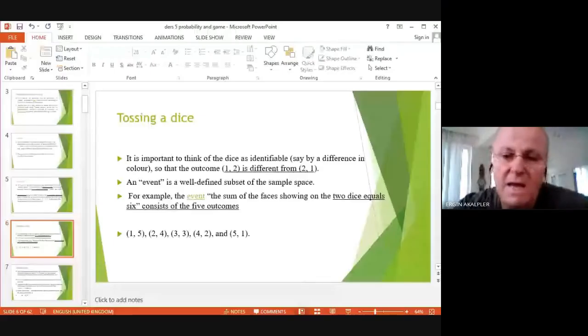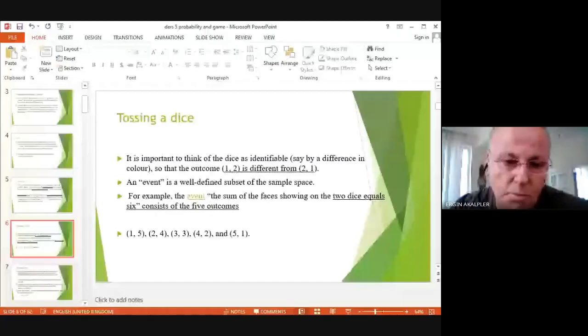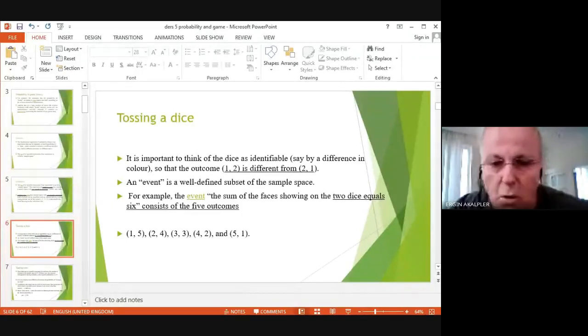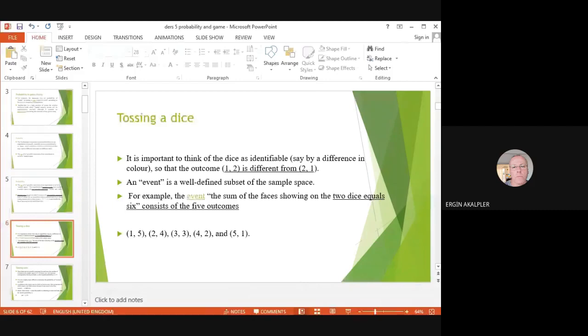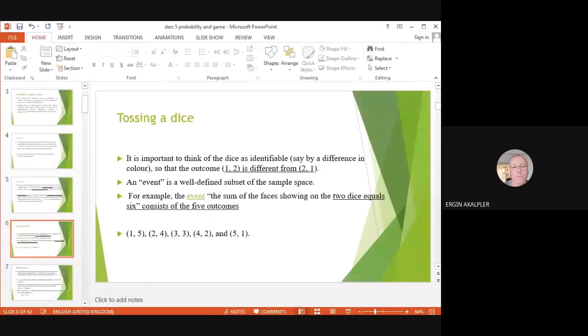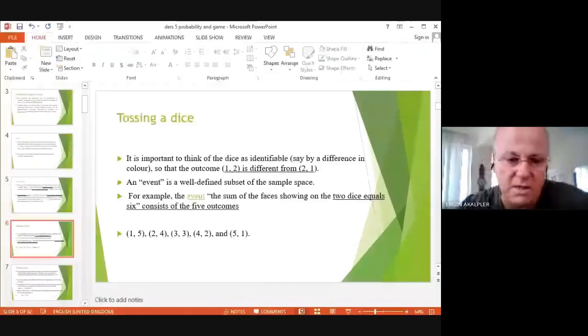dice gives an example for understanding probability and, of course, its impact on your expected payoff. It is important to think of the dice as identifiable, each by a difference in color, or such as a difference in the outcome. As I mentioned to you, 1 and 2 or 2 and 1 are totally the same, but it is expected to get different numbers on the different dice, when the combinations can be calculated as 36 tosses of these